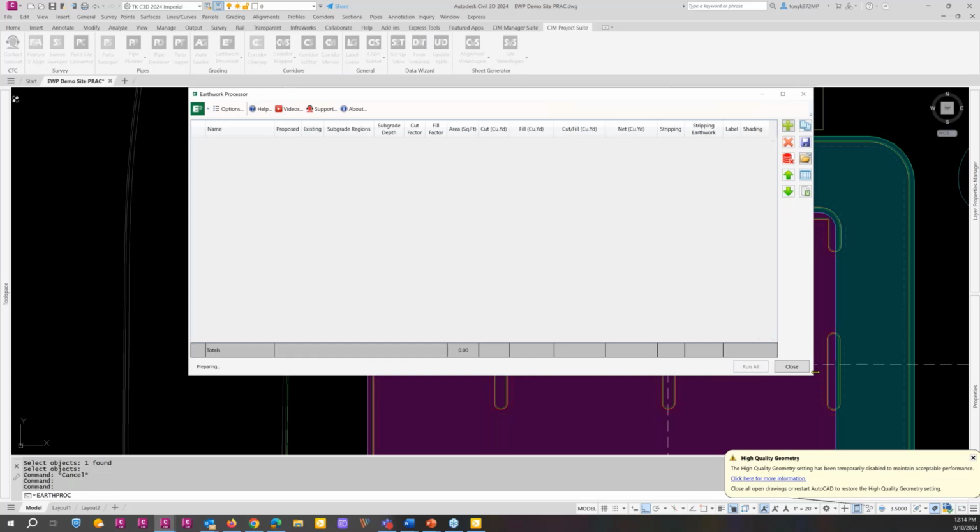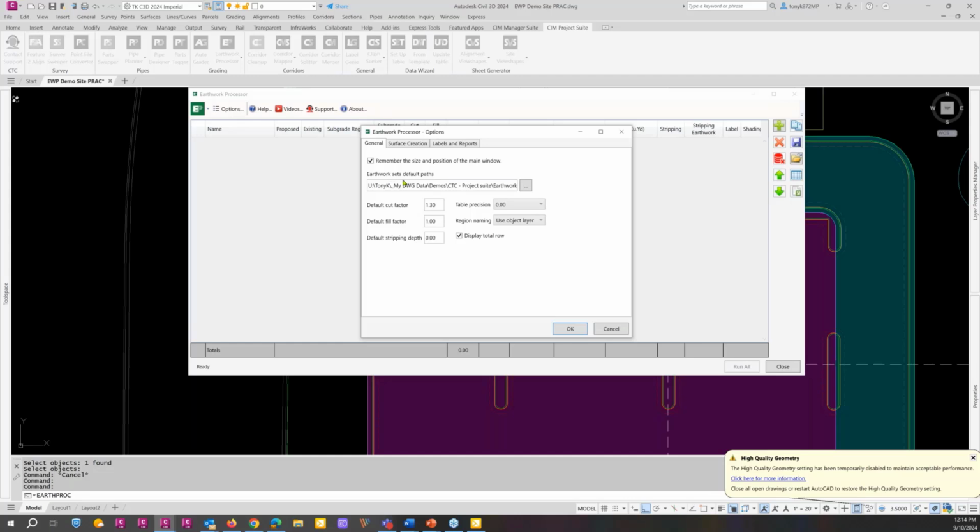So some of the other things involved here are our options button. Within our options button, we have this little click to remember the size and position of the window. And then where do we want our Earthwork sets to be defaulted to? By that we mean when you save them and or want to open them from over here. Then we can add our default values